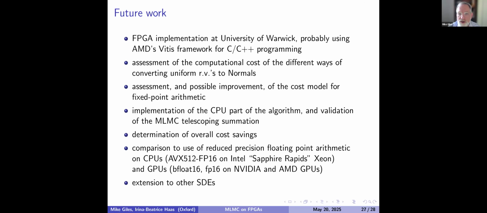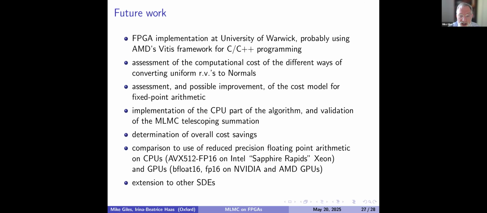So we have to then assess the costs and benefits of these different techniques of converting uniform random variables into normals. We have to assess how accurate our cost model is for the fixed point arithmetic. We may need to improve that, need to implement the CPU part of the algorithm and do the full multi-level coupling and get the overall cost savings. And then the other thing I want to do, and in fact I have some master students working on currently, is to do corresponding